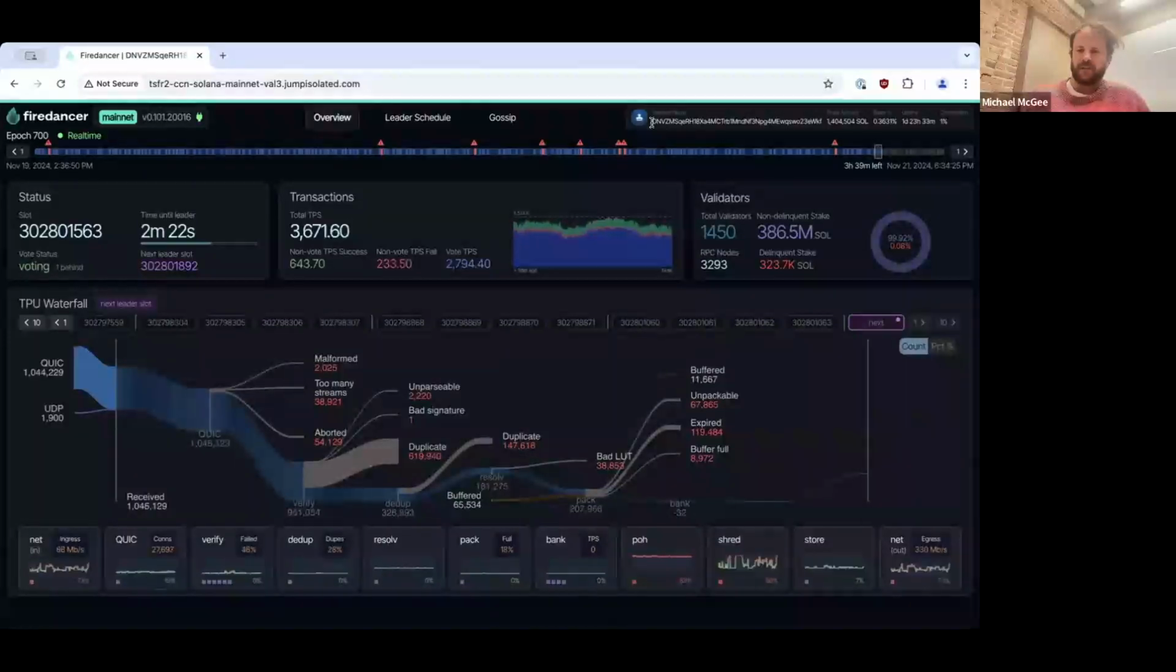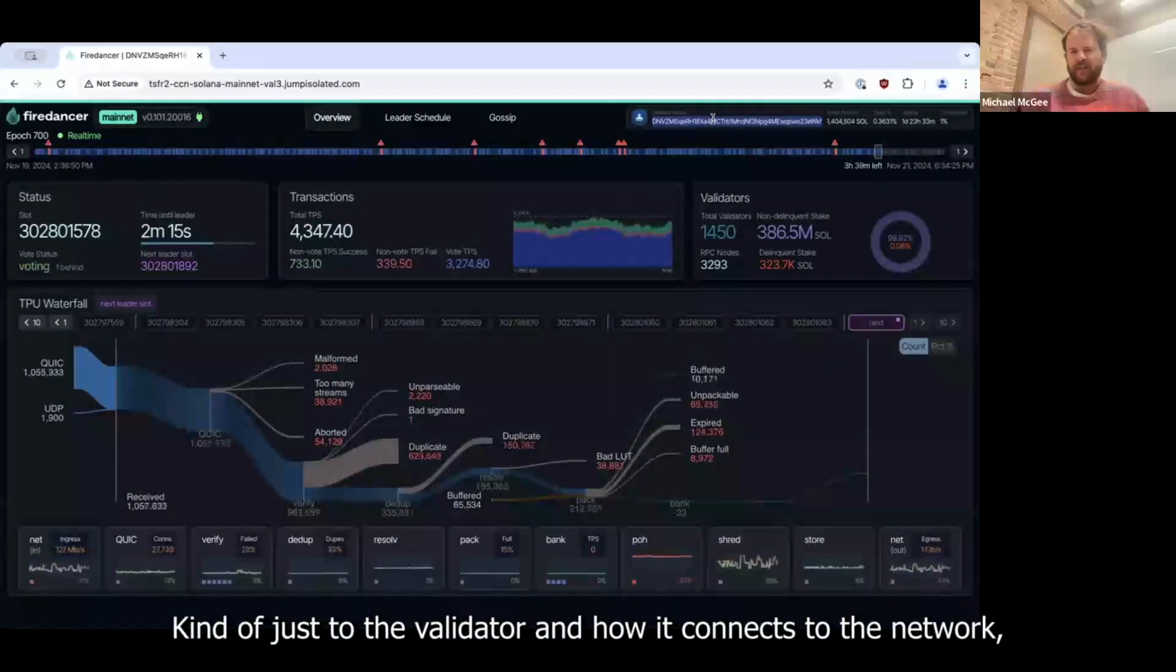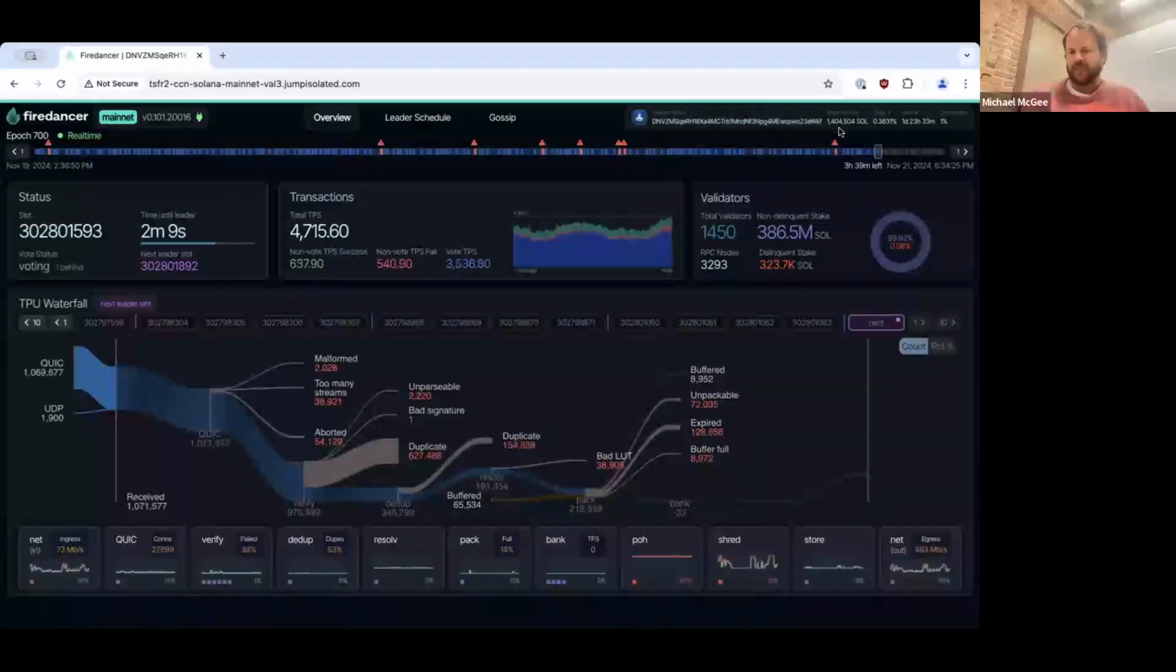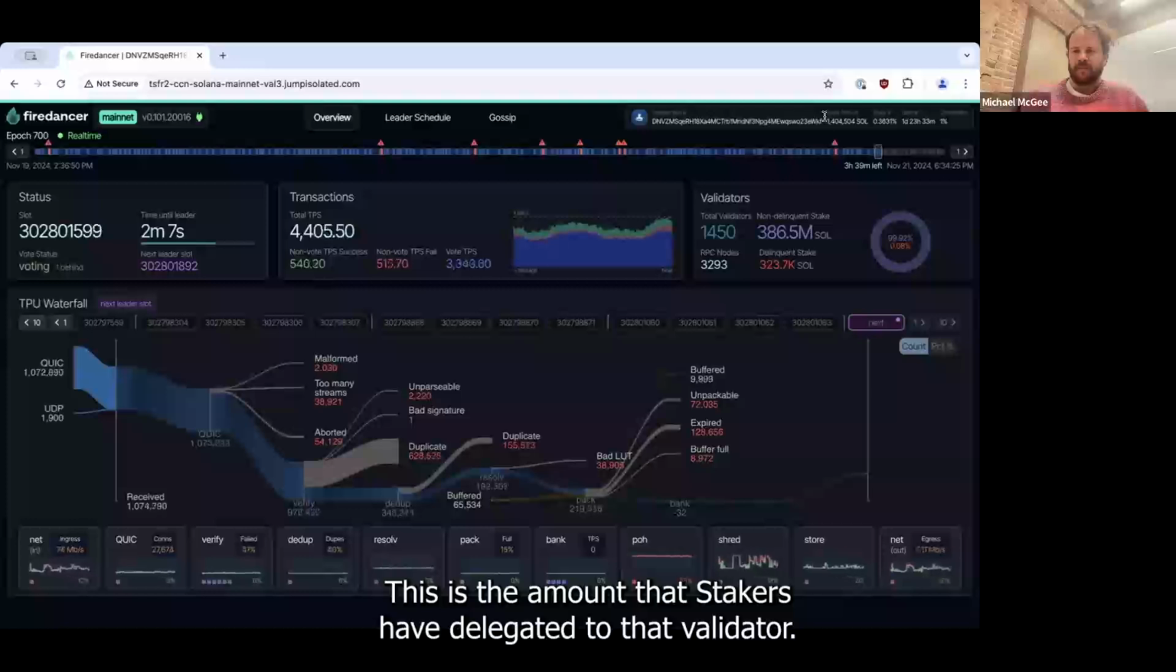So the validator name here is the identity of the validator. This is a public key. It's how the validator connects to the network, how people identify it. It's this long sequence of characters and digits. The stake amount, we're showing, is the amount that stakers have delegated to that validator on